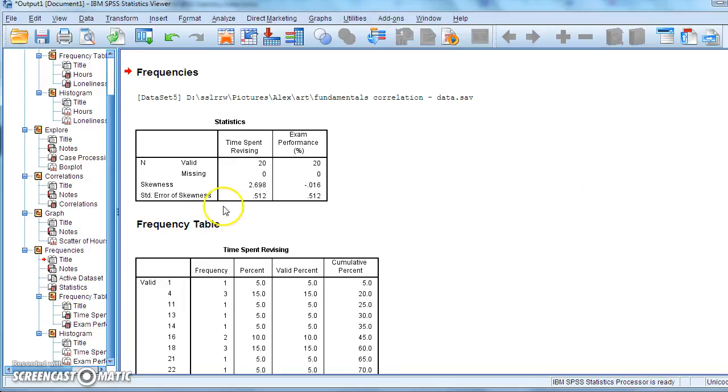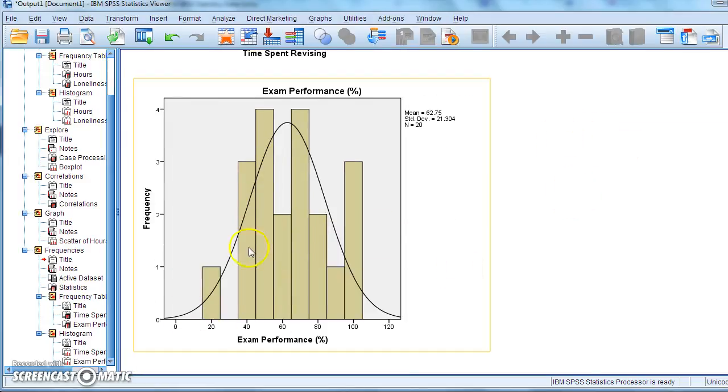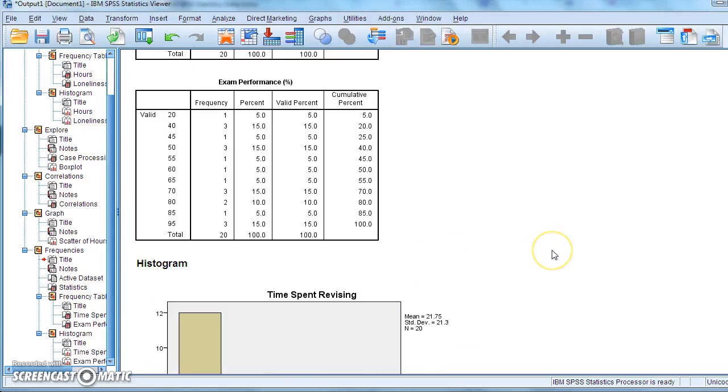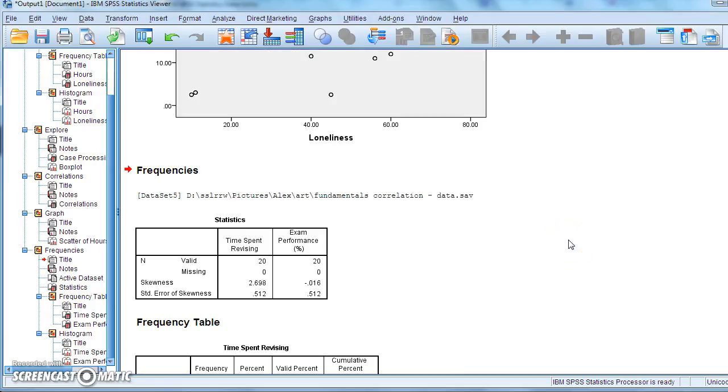But let's have a real look at this to see whether these are acceptable or unacceptable skewness levels. Looking at exam performance, again, if you were to multiply, hardly worth saying, isn't it, 0.5 by 1.96, which is how you work it out, you would get something substantially bigger than 0.016, because the standard error of skewness itself is actually bigger than the skewness statistic. So our eyeballs are correct. This is quite a nice normal distribution. Most people around the middle. Not perfect, but you very rarely get a perfect distribution.